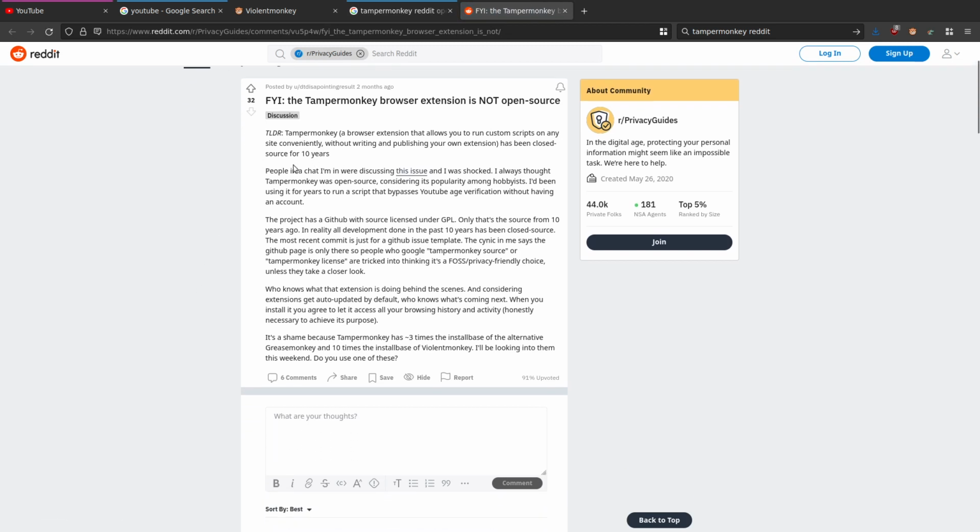It's been closed source for 10 years apparently. I wasn't even aware of it. So that's why people generally recommend ViolentMonkey out of all the alternatives. GreaseMonkey hasn't been updated for about 2 years, according to the Firefox add-on site. TamperMonkey's closed source, and I think the other one, FireMonkey, only has about 863 users, so might not be as well developed as